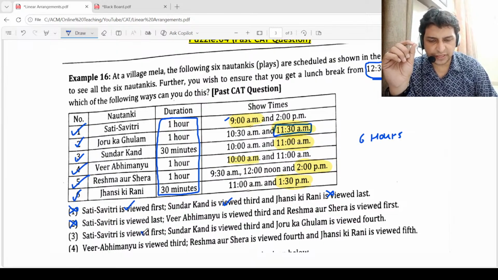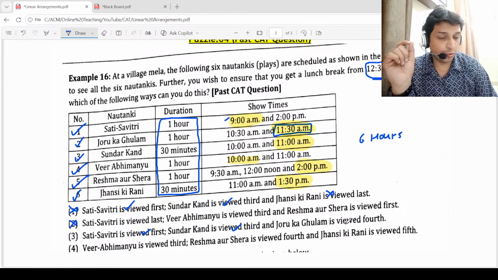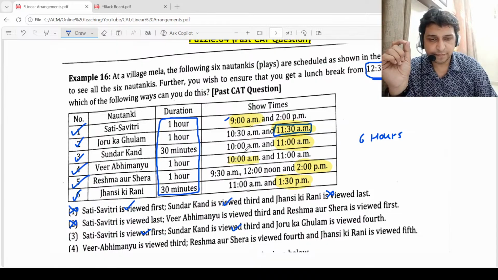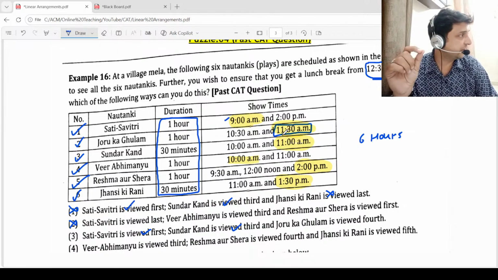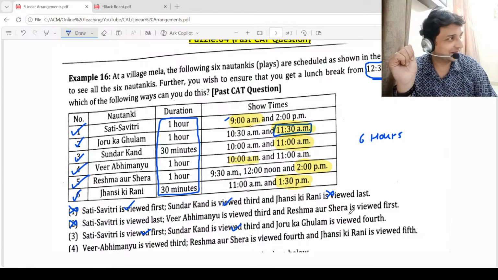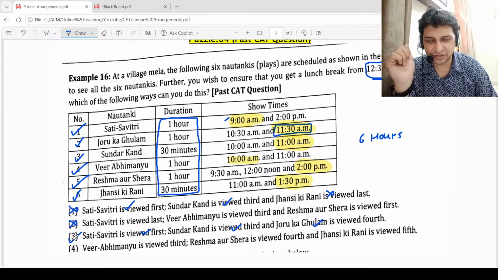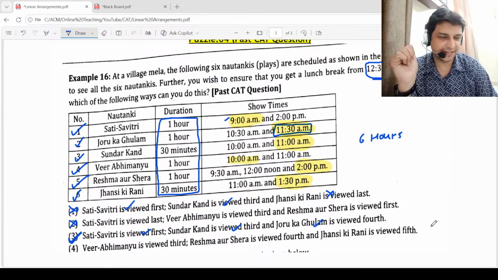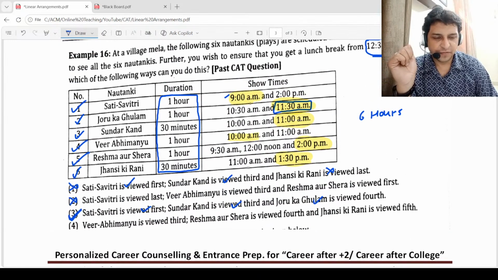Sati Savitri is viewed first. Yes. Sundarkand viewed third. Yes. Joru Ka Gulam viewed fourth. 9, 10. After that 11, and then 11:30. Then Joru Ka Gulam, the fourth one. So that is absolutely right. Option number 3 makes absolute sense. So this ends